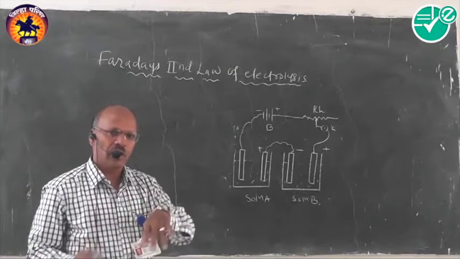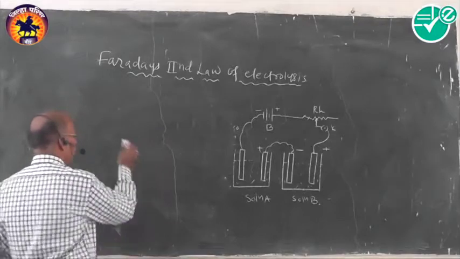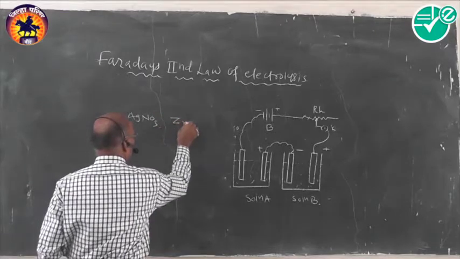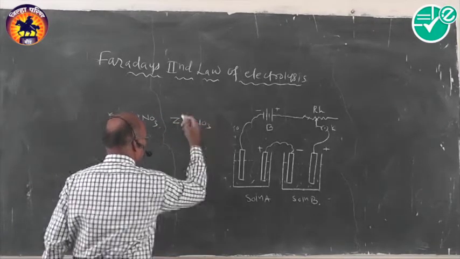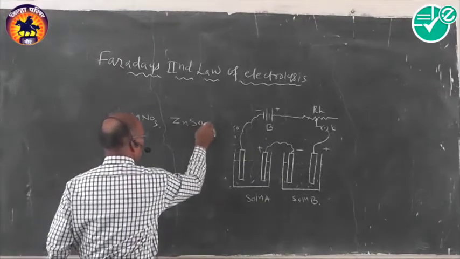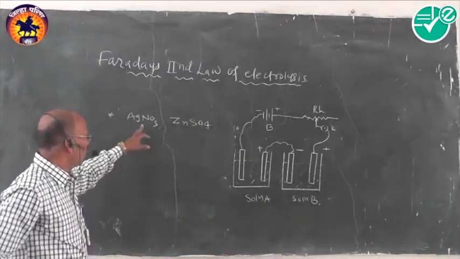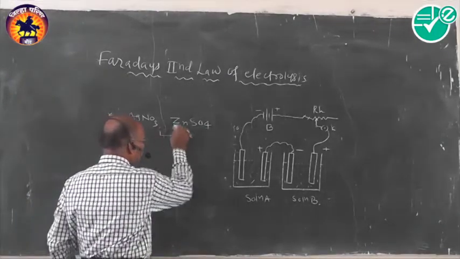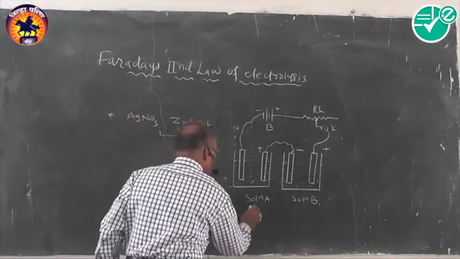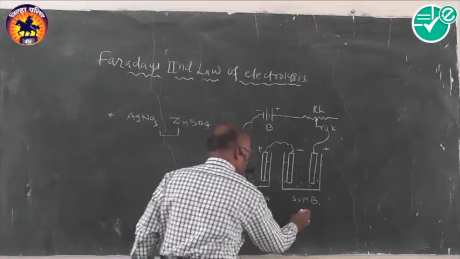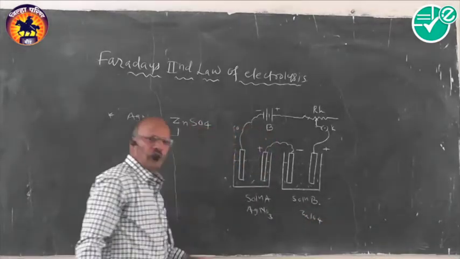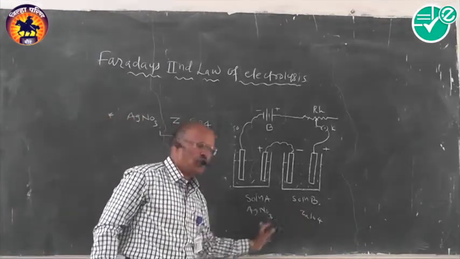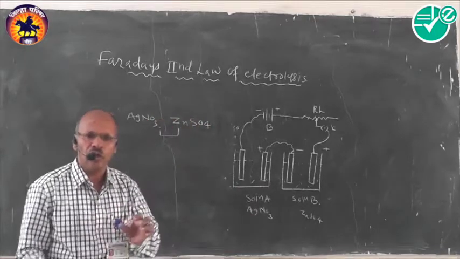What will the MCQ points be? How will an MCQ come from this? Suppose we have two electrolytes. Suppose silver nitrate is there, and along with it zinc nitrate, or we can call it zinc sulfate. We will have two electrolytic solutions, silver nitrate and zinc sulfate. If these two electrolytes are connected in series, solution A is silver nitrate and solution B is zinc sulfate. Now the question is: if the same amount of electricity is passed through equimolar solutions of these two electrolytes, which of the following shows more mole deposition?